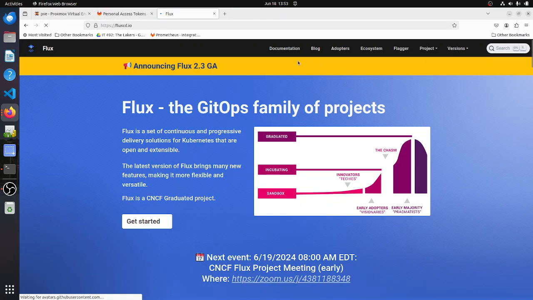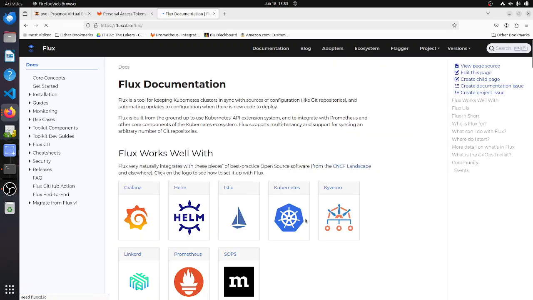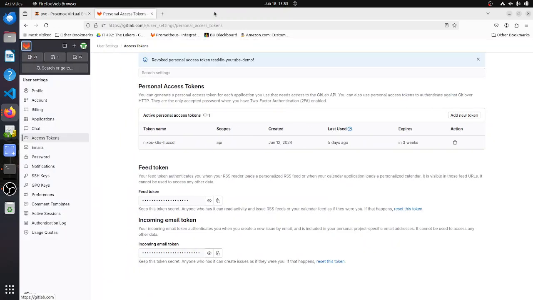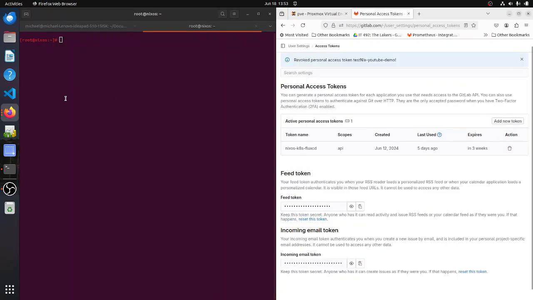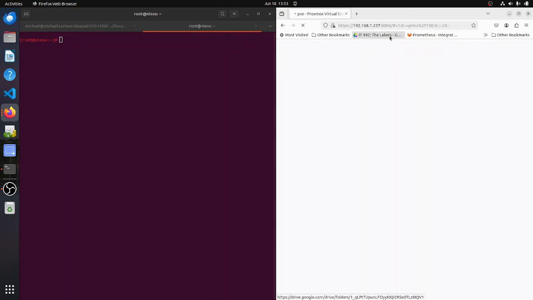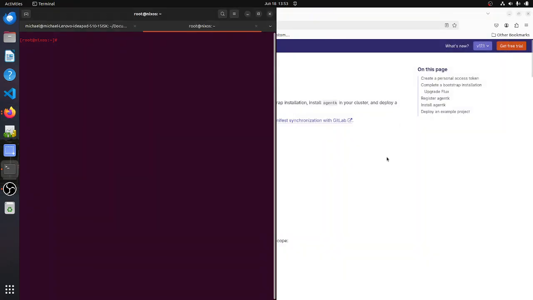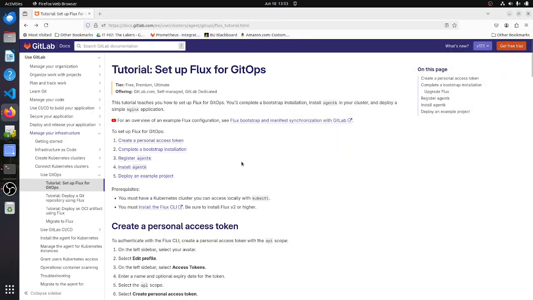This is their website, fluxcd.io. You probably want to go to their documentation though. If you go to their documentation, it'll tell you a little bit more about what Flux is. But I am not going to go there today. So this is a tutorial on installing Flux